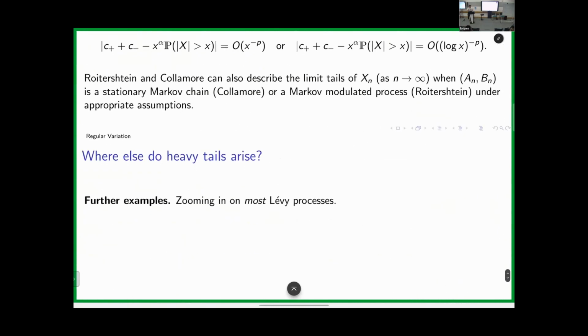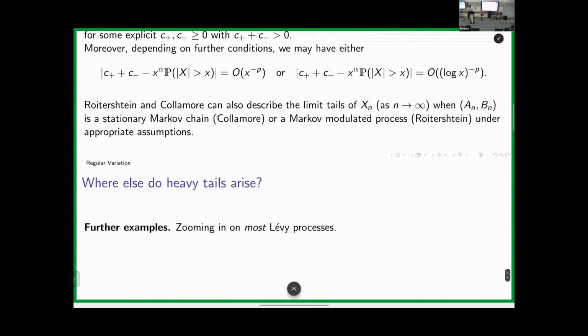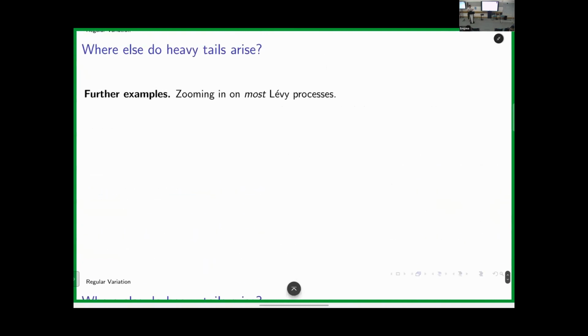What I wanted to point out is that there are many cases where you have light-tailed objects converging to a heavy-tailed object. One such case is the case of Levy processes. You can have what people call a CGMY or tempered stable Levy process, whose Levy measure near the origin resembles a stable process, but has exponential tails. You can have even bounded jumps. You have moments of any order. It can all be fine.